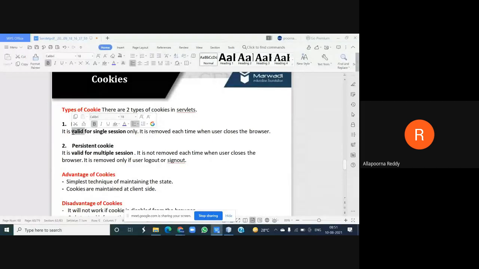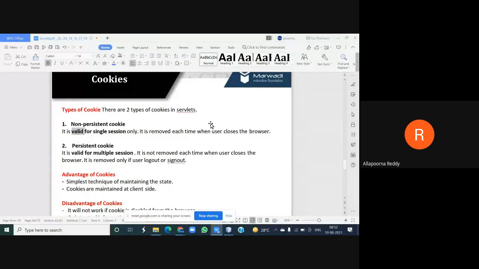So if unfortunately you closed your browser, then automatically your cookie will be removed. It is removed each time you close your browser. But consider some things we do, suppose you are trying to log in to your Gmail account, or maybe your Facebook account or some LinkedIn account using your user ID and password, and you are trying to access some information there, then you forgot to log out.